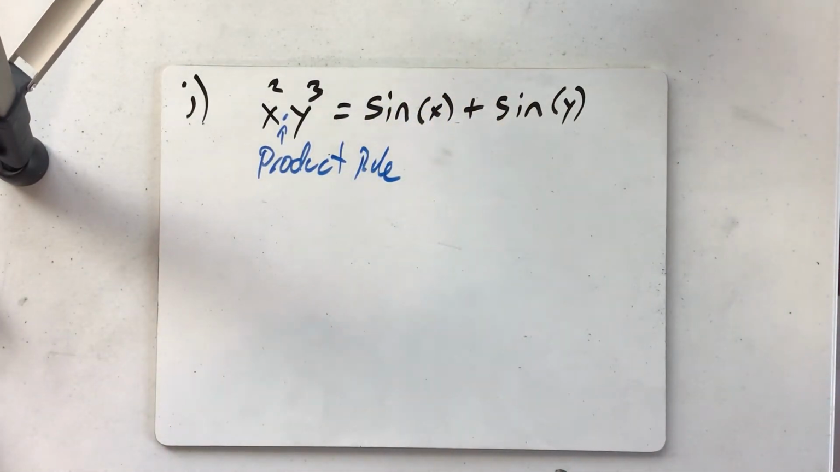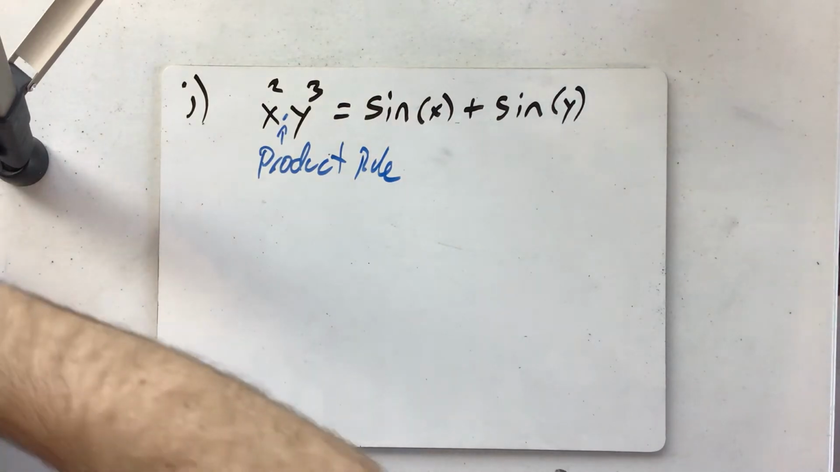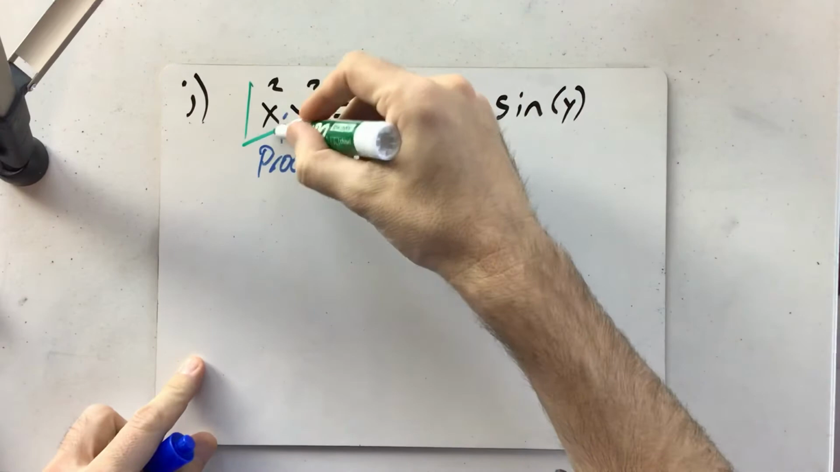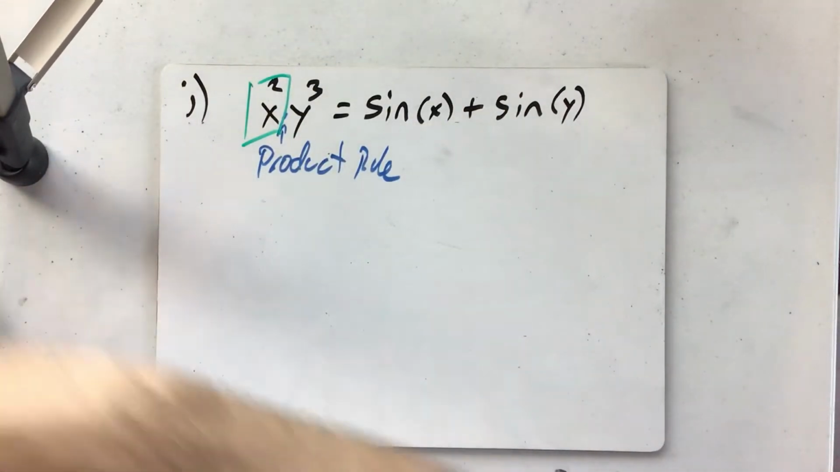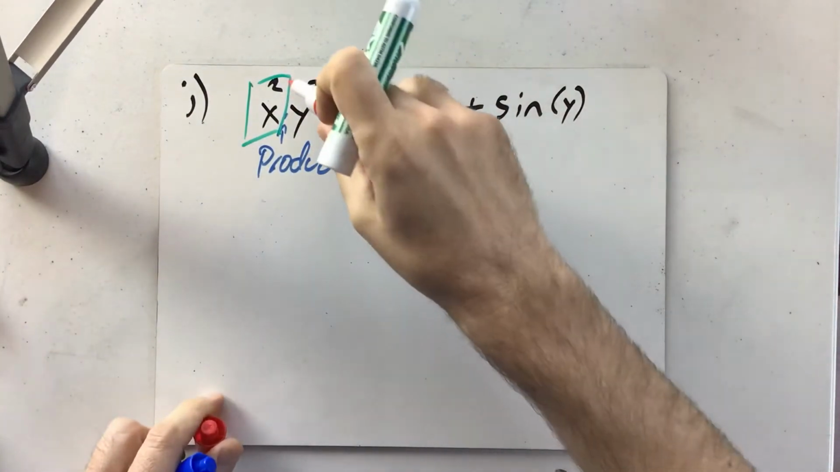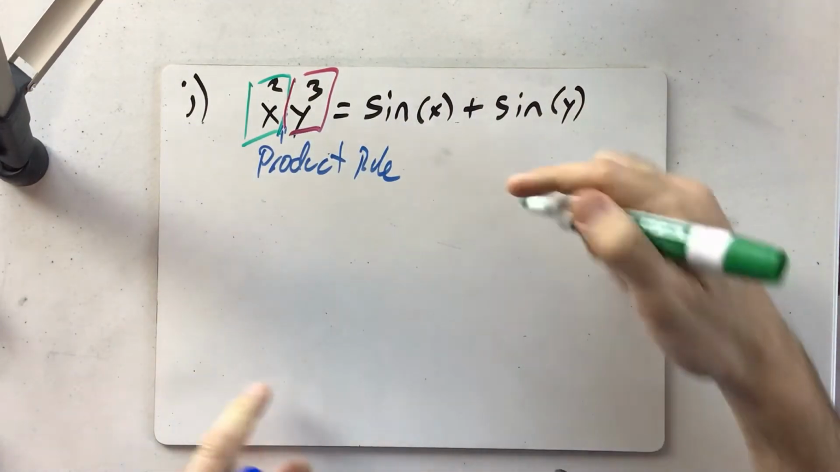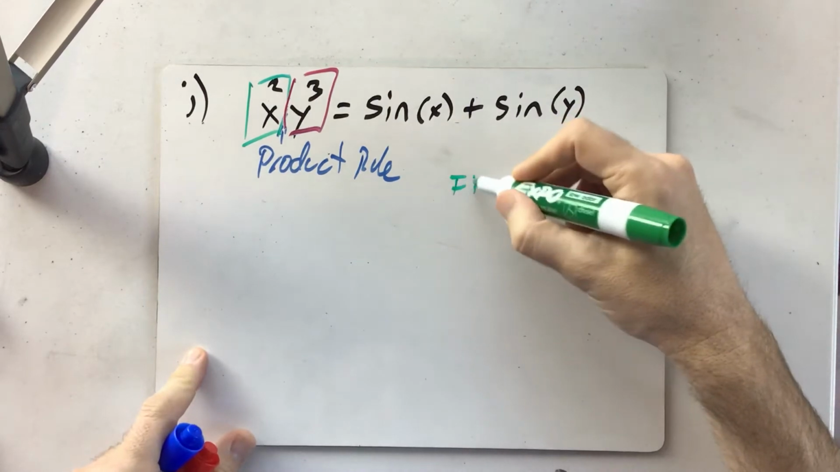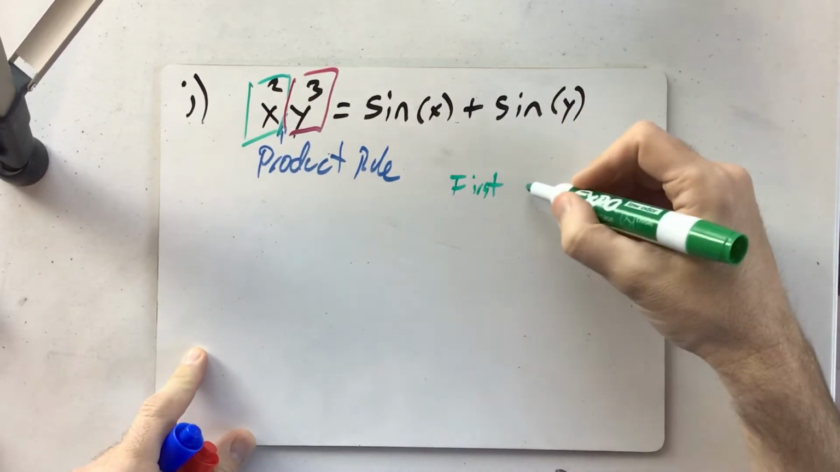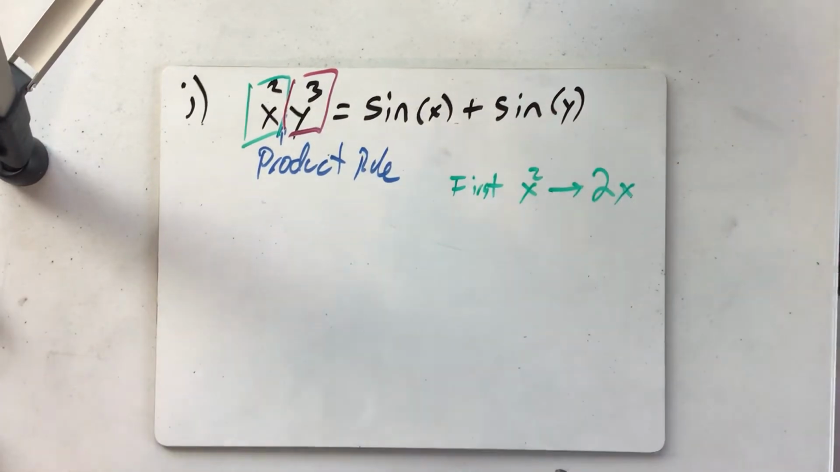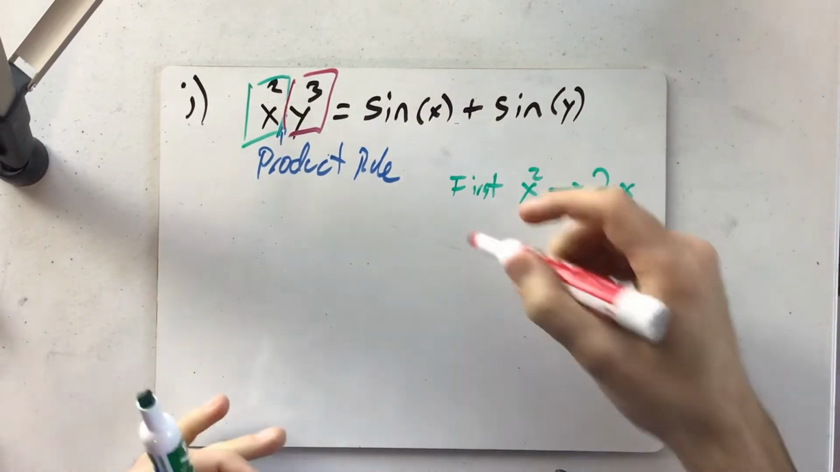Since we're doing the product rule, we break it into a first part of our function and a second part of our function. So here is our first part, and here is our second part. So let's just grab some scratch paper over here, and I'm going to write all of these down. So what is my first? My first is x squared, and we all know the derivative of x squared is 2x. And then my second